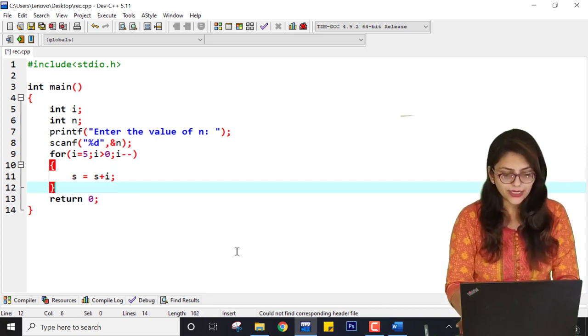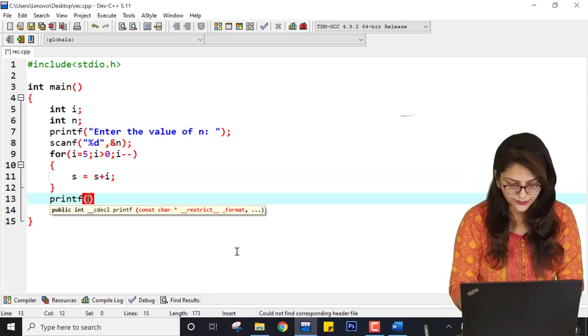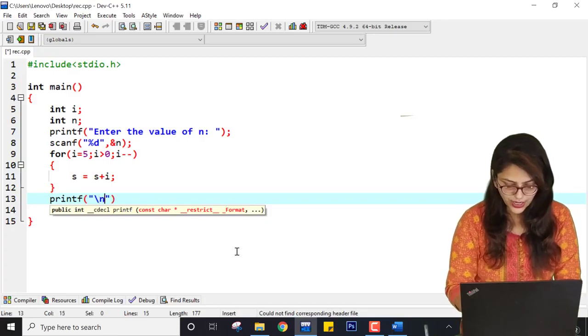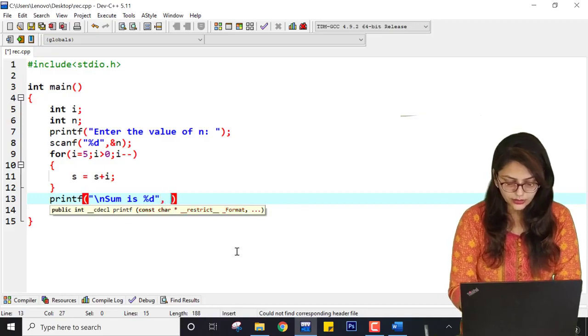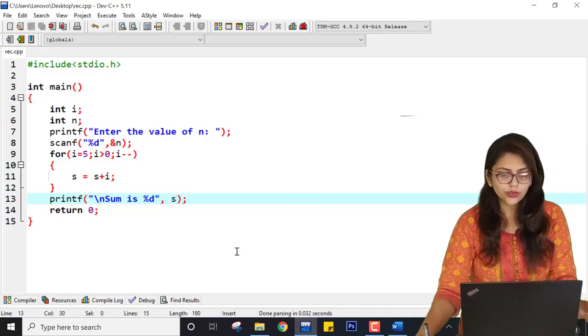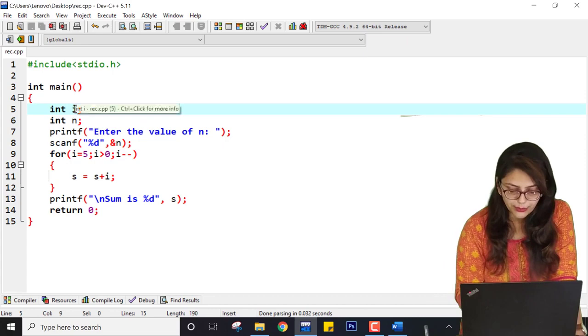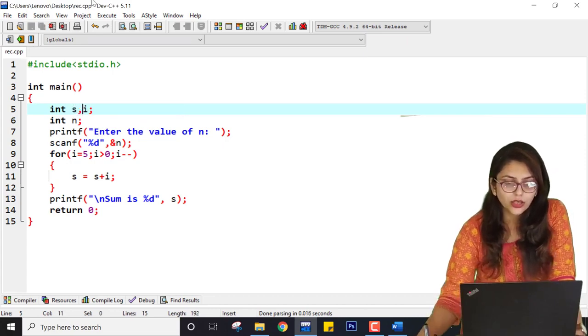So every time I am adding, and at the end I am writing printf sum is %d, and here the answer is s, right? So this is how we can implement it without using any function.